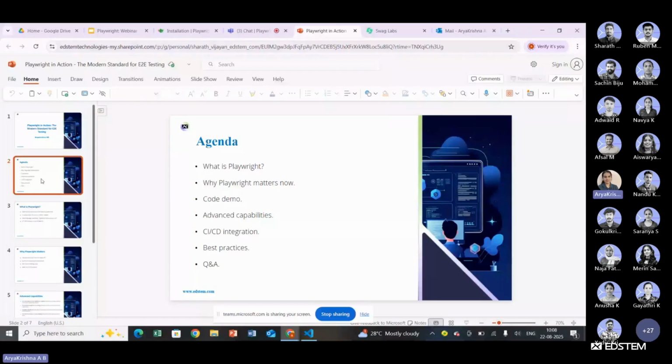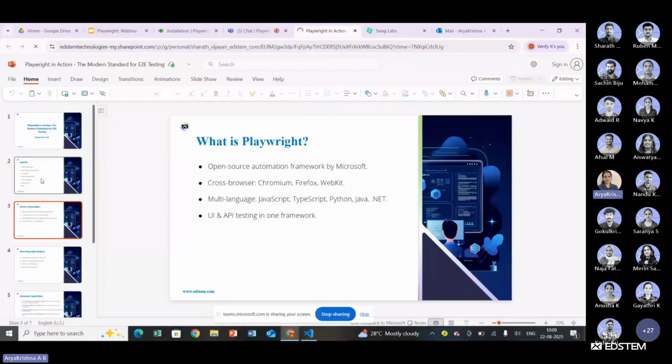Okay, now let's move on to the first slide. The first major question: what actually is Playwright? Playwright is an open source automation framework created by Microsoft. Playwright supports all major browsers like,